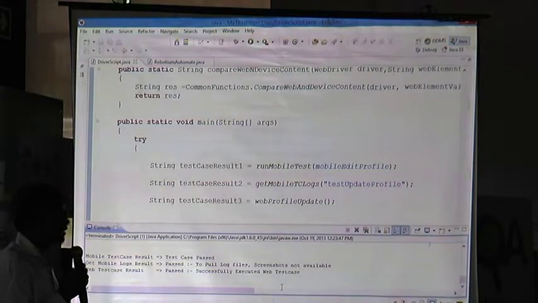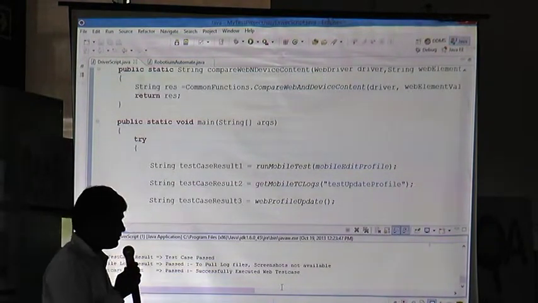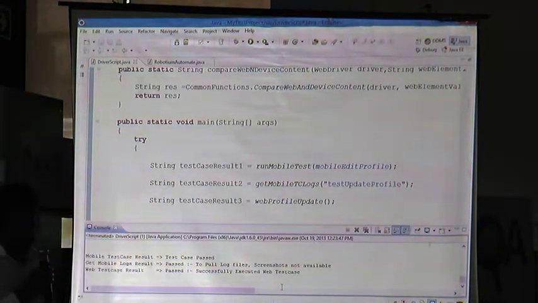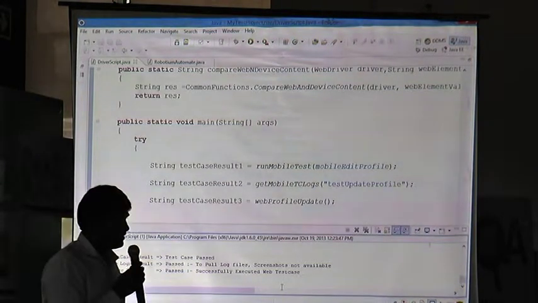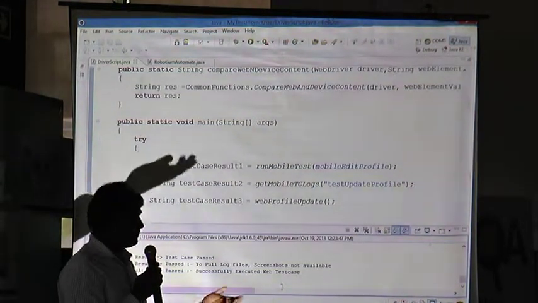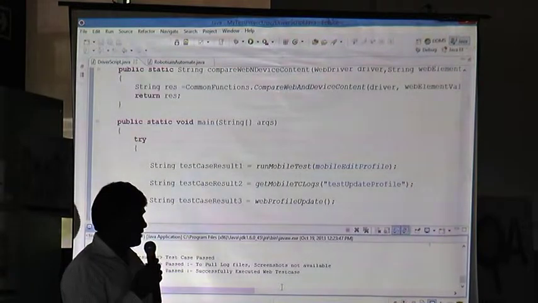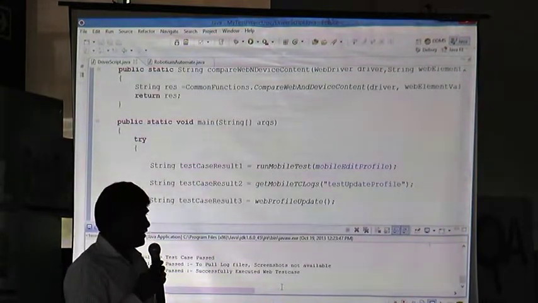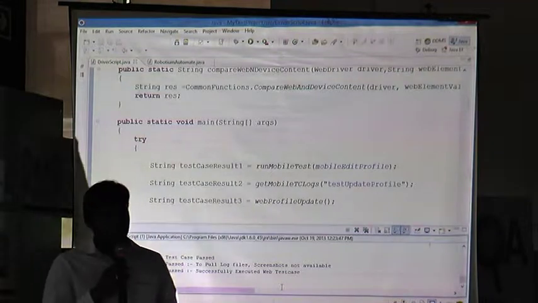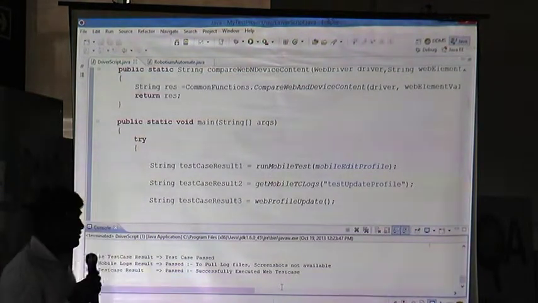In my company, I have already built a framework based on this principle. To give more of an update about that, you can connect multiple devices and start the execution. It executes on all the devices and on all the browsers in a single go, and you get the actual results. So you can go up to that level.